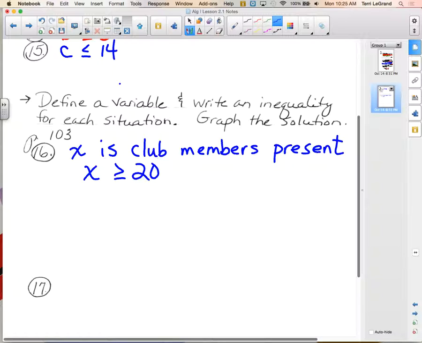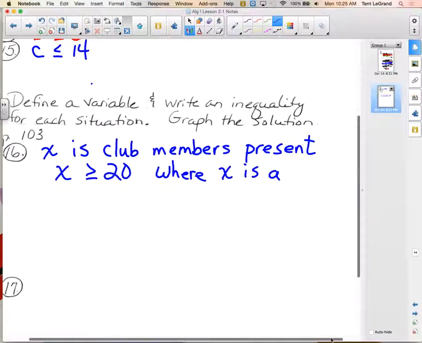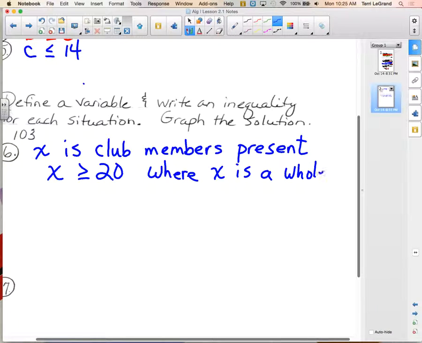Can we have 21 and a half or 20 and a half? No, because these are people we're talking about, so we have to state that: where X is a whole number. This is important, and students lose points for this because they don't stop and think. Even though we shade it and make it look like we can have parts of people on our graph, we really can't. So we have to say where X is a whole number, or in other words, from our shaded region, only take the whole numbers. So we're going to put a 20,